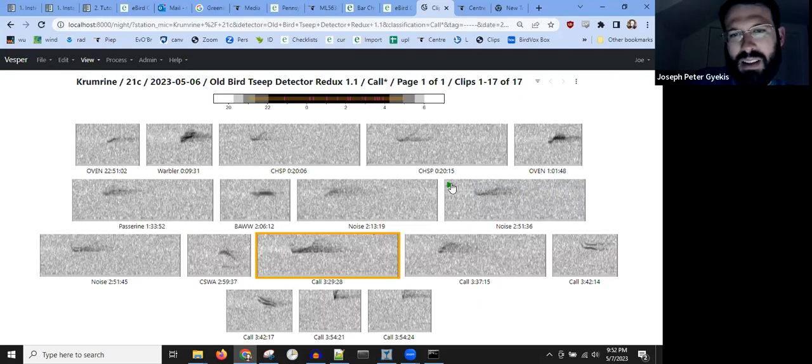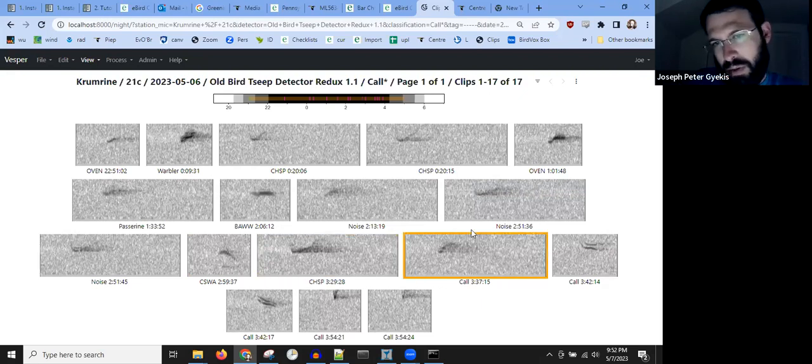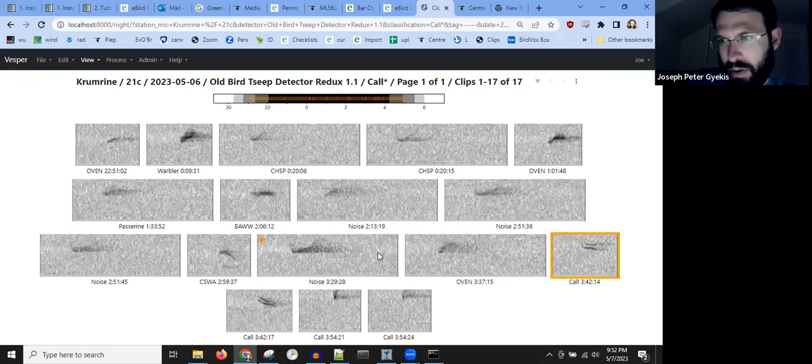Again, that echo blur really looks like that chipping sparrow is on the ground. I think I'm gonna mark it, but I feel not particularly great about marking it. Maybe I should mark it noise. That's ovenbird. That's a white-throated sparrow, which I think, yeah, Savannah. I think those are juncos, but again,